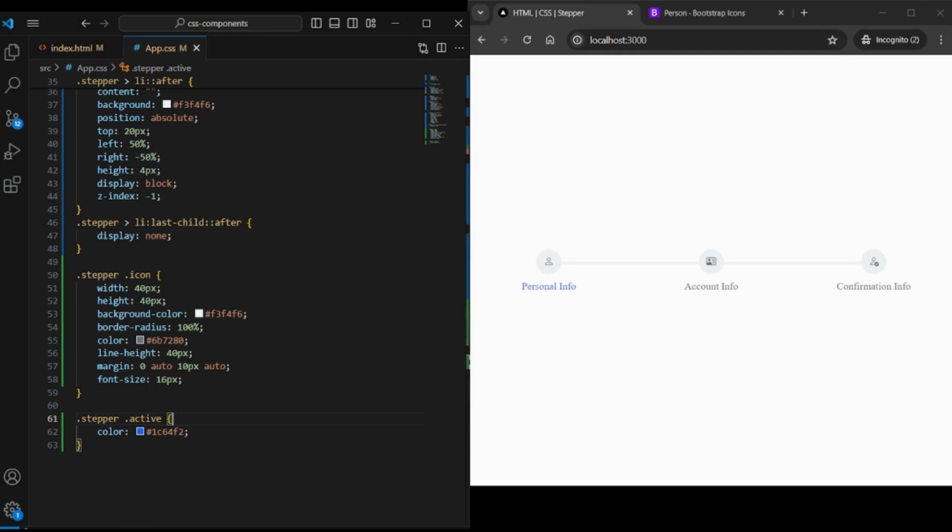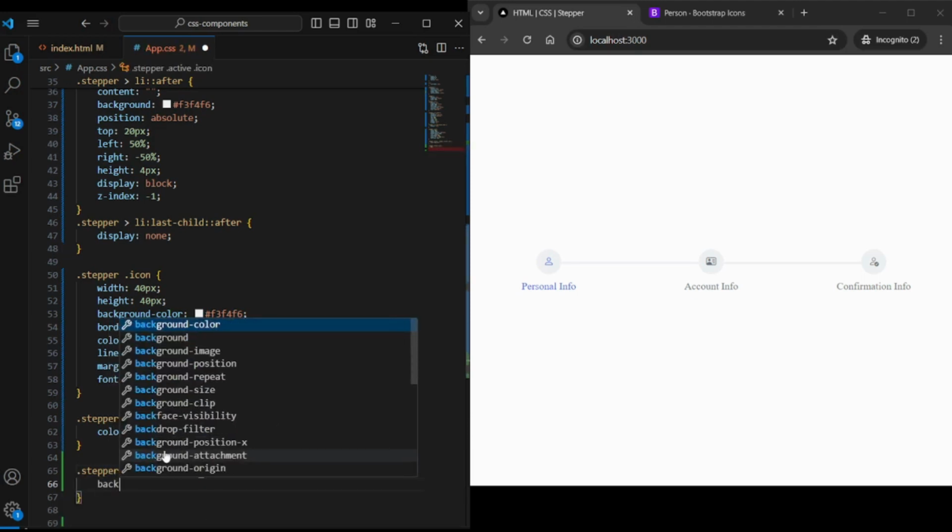color here. Let's change the icon background and also the icon color for the active class. Let's apply the color to the icon itself. So for that, .stepper .active .icon. Let's save it. The color got changed for the icon. Let's change the background color for the icon for the active class. Let's add the background color for the li icon element. Add the class name .stepper and then .active and .icon, and let's add the background color